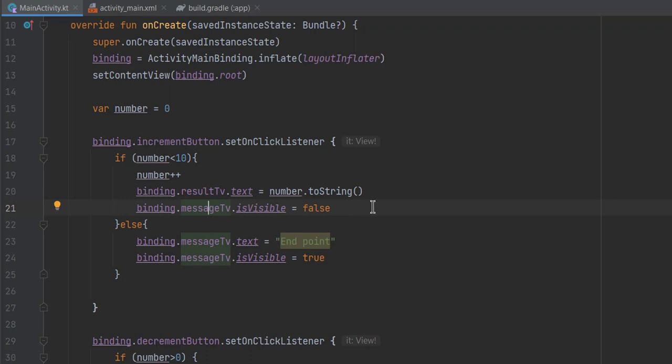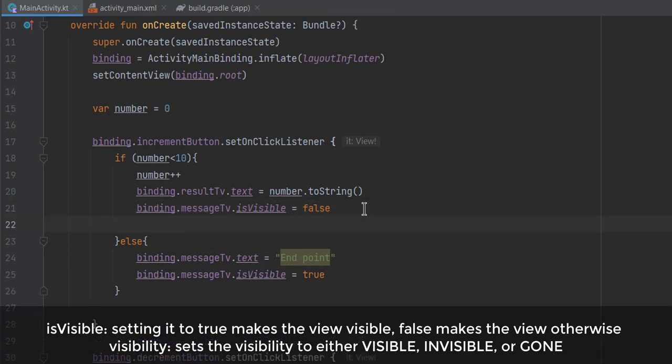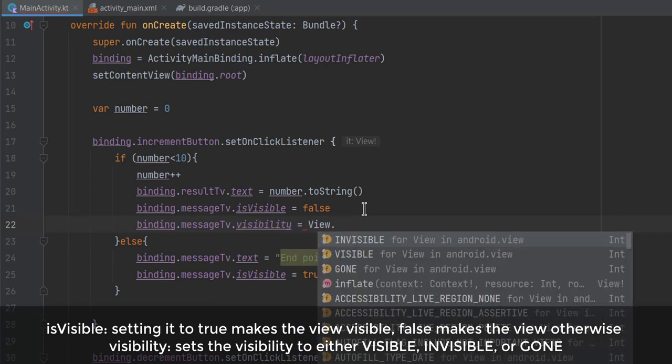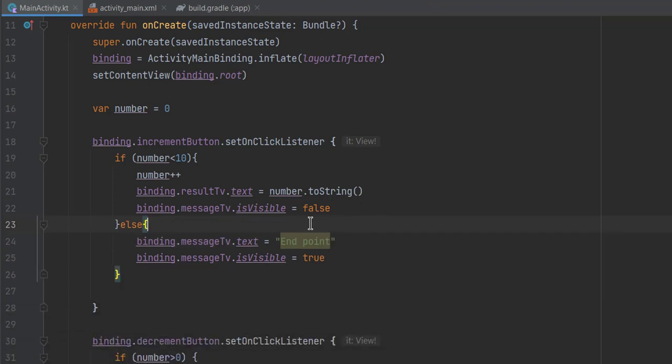So normally you can change the visibility of a view by just using isVisible and setting it to false. And in this case, you don't care if the view is gone or invisible. You only care if the view is shown to the user or not shown. However, if you want to be specific about the visibility value of a view, you can change it by accessing the visibility attribute, which is the same as in our layout. And here you can set it to the values that we are also used to from the View class. So we have here invisible, we have visible, and we finally have gone. But in this case, we only care if the view is shown to the user or not, so we're using